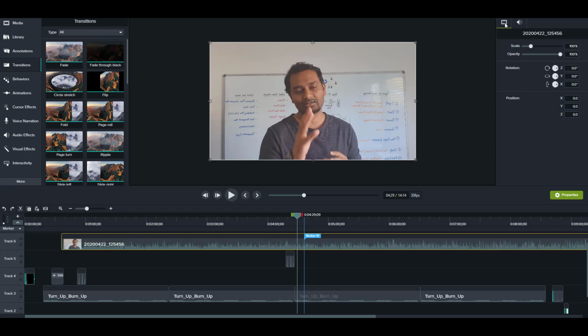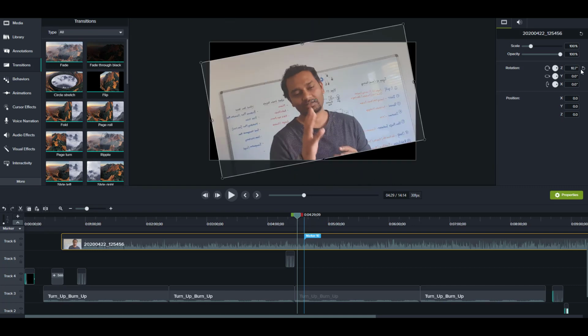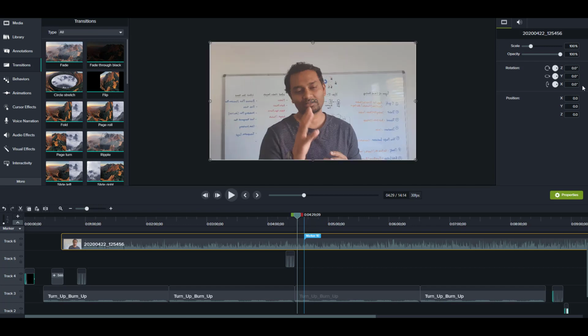Now we're going to focus only on the video, and in the video we got an option to rotate it. The first option is basically rotating the image in this direction, using the script. If you rotate it, can you see that the value is changing? If you want to reset it, you can always reset it. And the next one is what we are keen on. This is basically rotating the image along the y-axis, this is the y-axis and this is the x-axis.